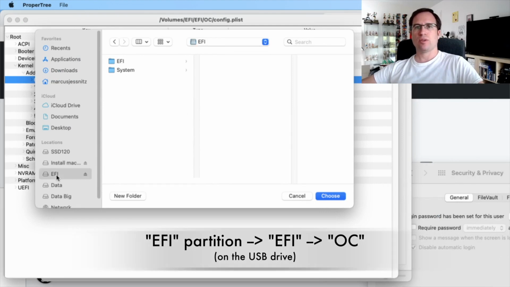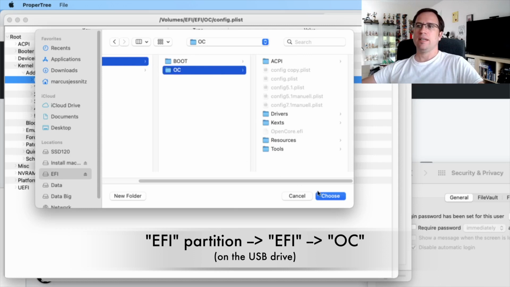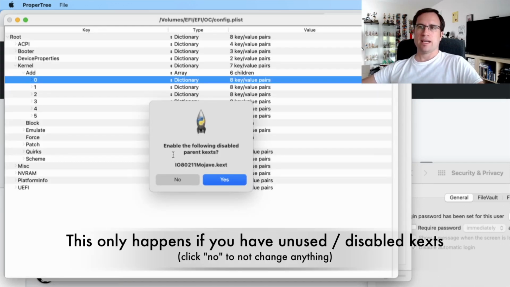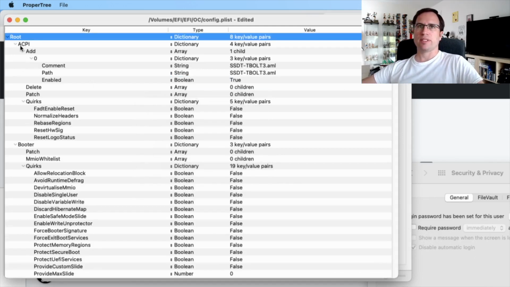So we just go to EFI, OC, and we say Choose. And then it asks, enable the following disabled parent kexts. So this one is disabled, but it found the kext file. So it asks if I should enable it. We don't want to change anything. We say No.